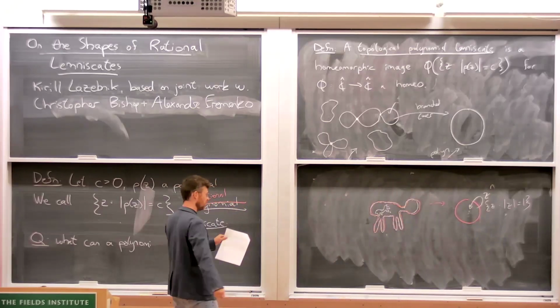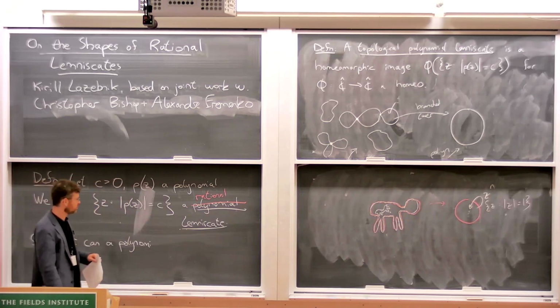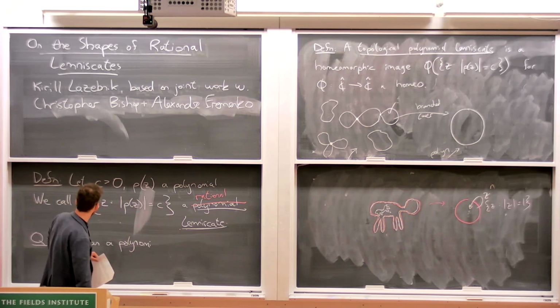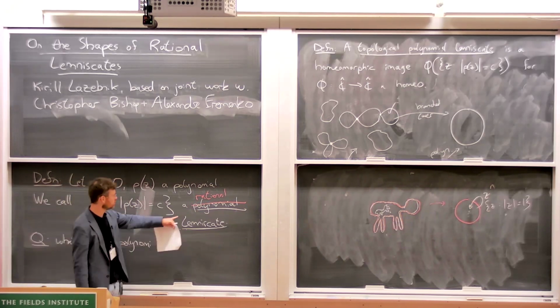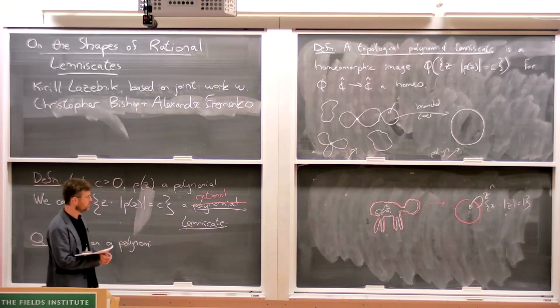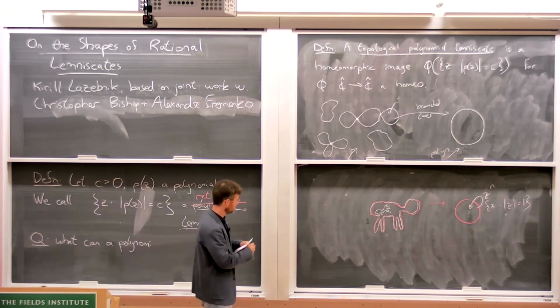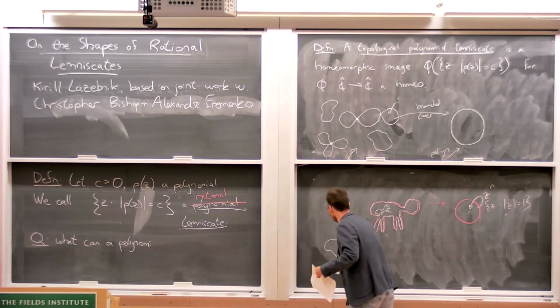So there's some kind of neat work there in the past few years on this approximation of compact sets by Julia sets. Right, so what is the difference between a polynomial lemniscate and a rational lemniscate? There isn't too much difference. Basically, the only difference is that when you allow yourself rational maps, you can have nesting of these components. Right, so a polynomial lemniscate